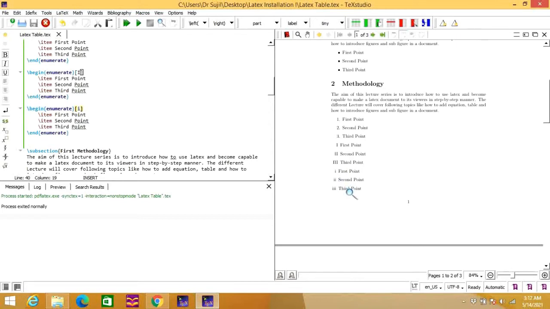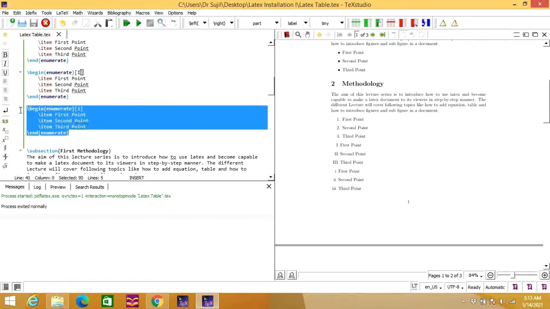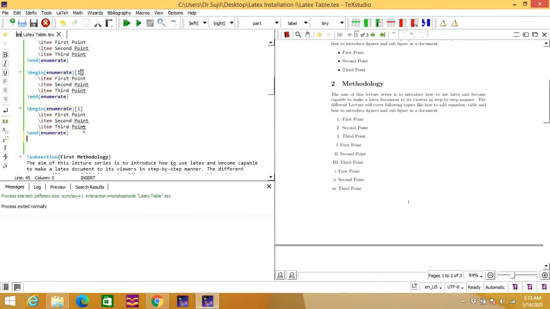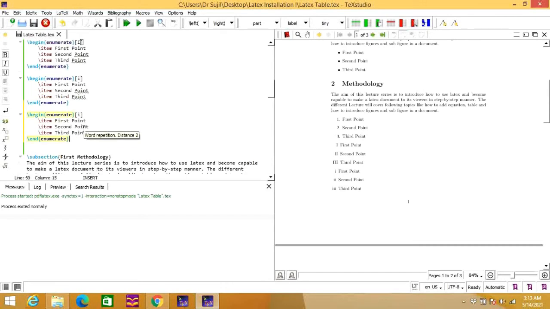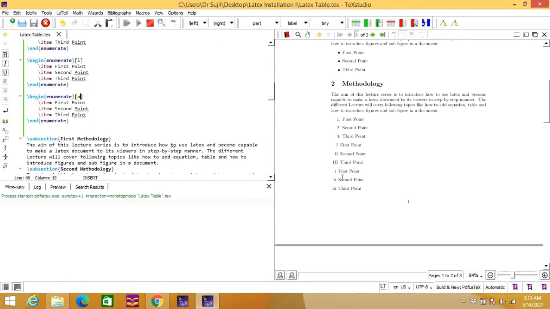Okay, now suppose someone needs to add numbering in ABCD format. First we will see how we can represent that in small abcd format. You need to put small a over here. Let us see what is going to happen.